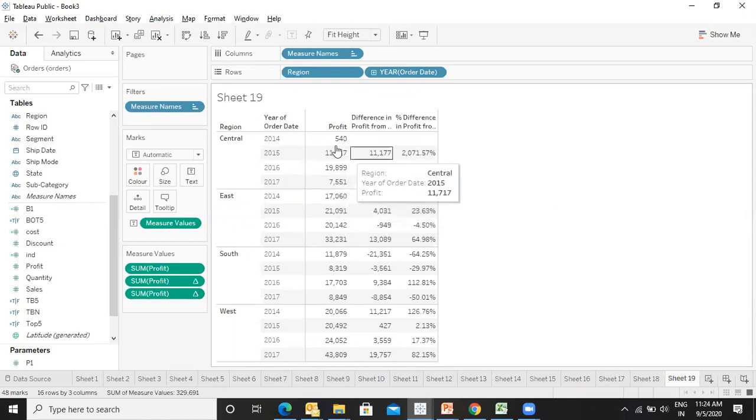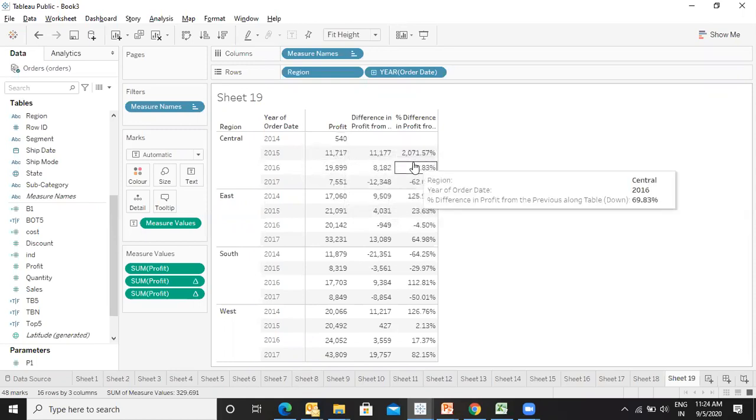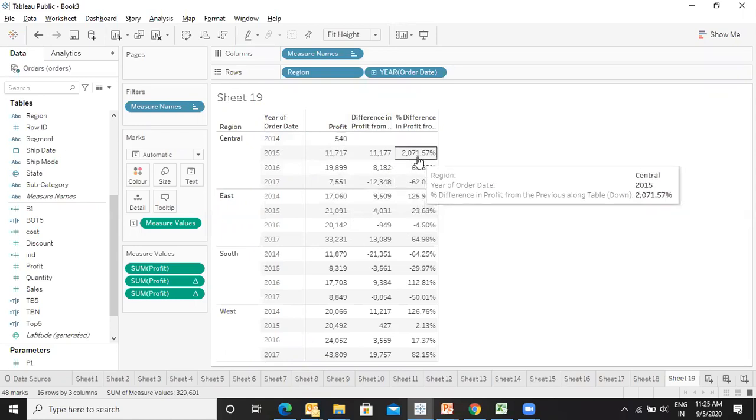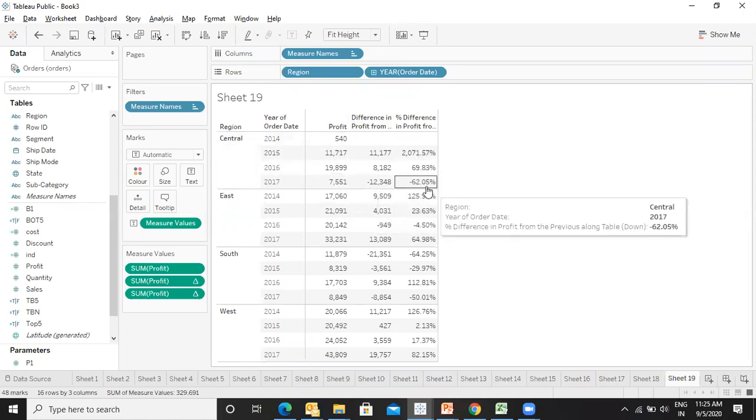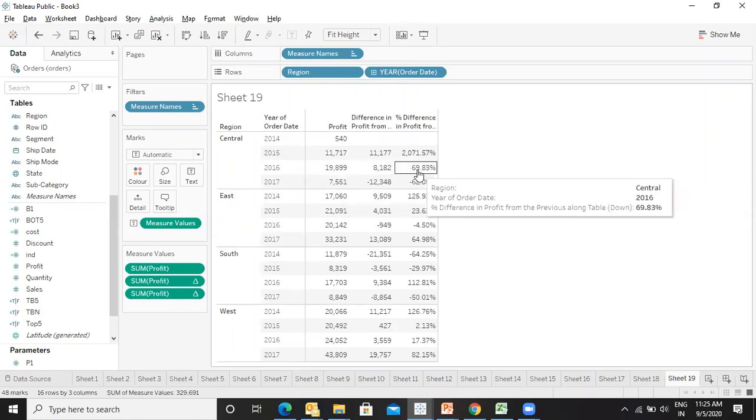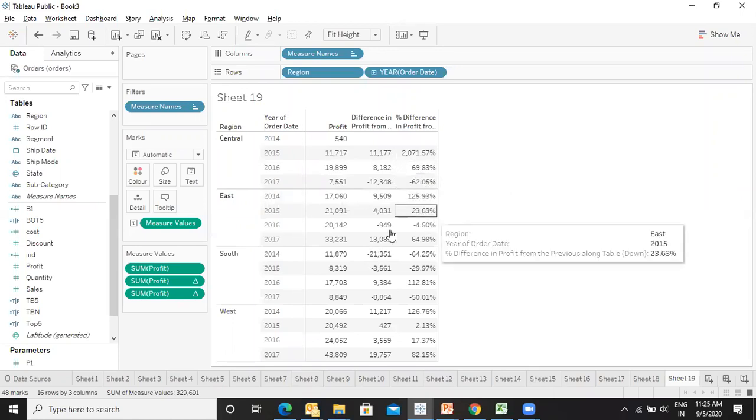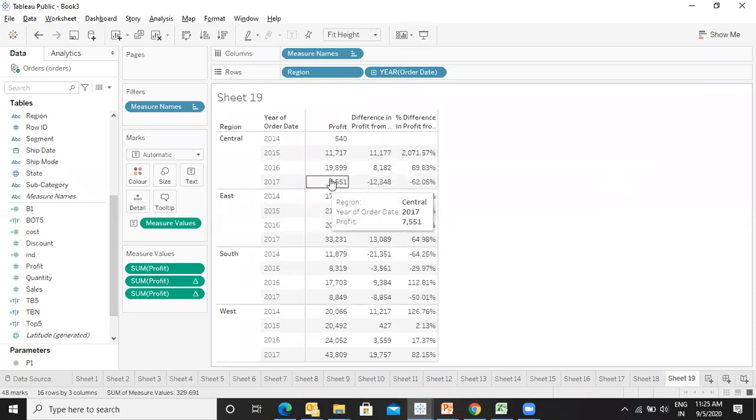So from 540, it moved to this, that is a 2071% increase in profit in 2015. Then in 2016, when we are comparing 15 and 16, there was an increase of 69%. And in 17, there was a decrease of 62% when we are comparing 16 and 17. Is this concept clear?